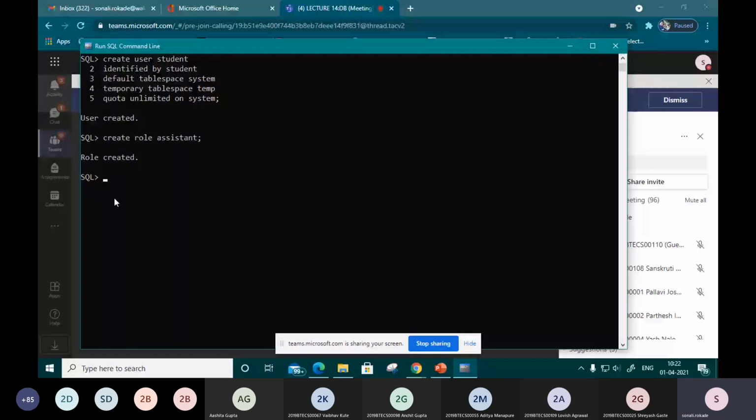So we will pass grant create table, the first permission that we pass to assistant, then create session, to assistant. So we get the message grant succeeded.